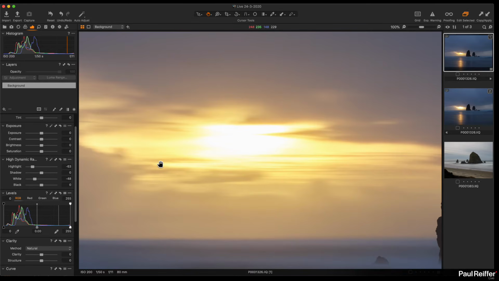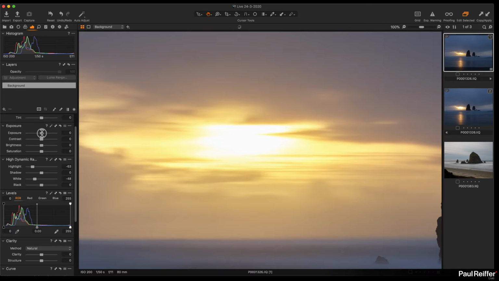Well, yes, the sun is a huge, great big ball of gas that's on fire most of the time, hopefully. Shooting into the sun is going to overexpose unless you were to underexpose it by a ridiculous amount, and then you're not going to see anything else in the scene. If you're lucky and there's no haze and nothing blocking the sun, you'd get a nice little sun flare or starburst. But in this case, it's quite normal that you're going to see some elements of it,